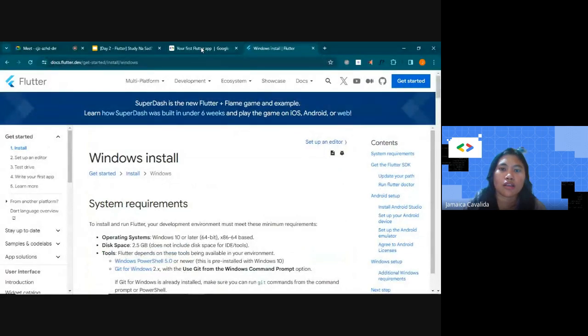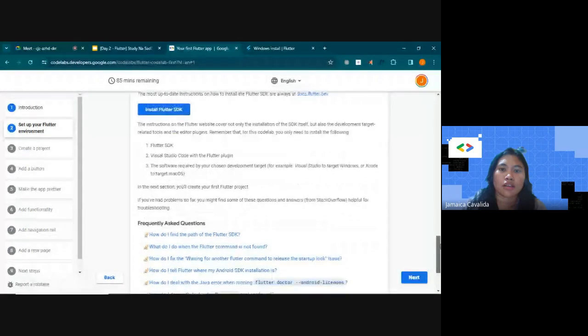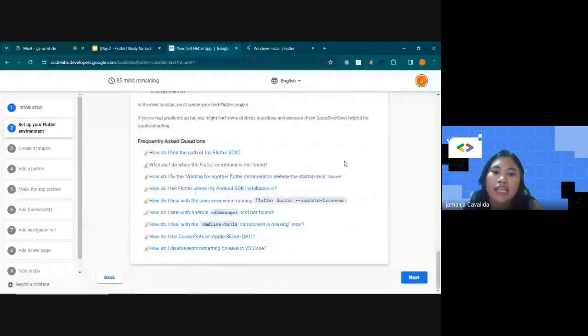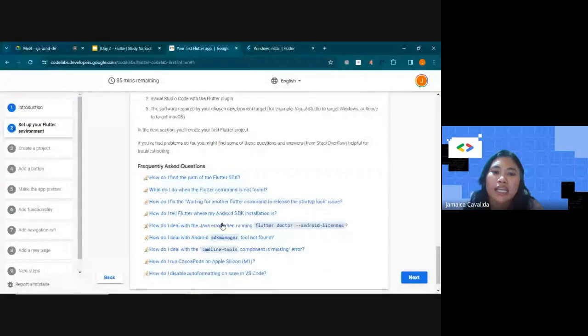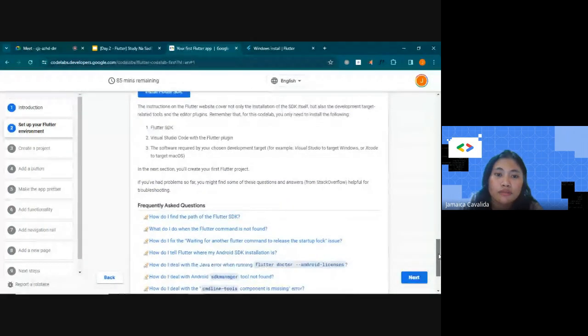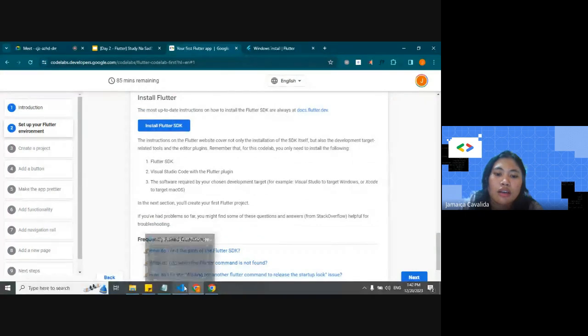So, after that, if ma-configure na ninyo, pwede naman magsugod, or if namoy mga frequently asked questions, like, naglisod mo, ang di-provide daan para makakuan mo sa SDK, maka-install. So, mani ang need na to. Flutter SDK, VS Code, nga na Flutter plugin. So, pwede ra mo